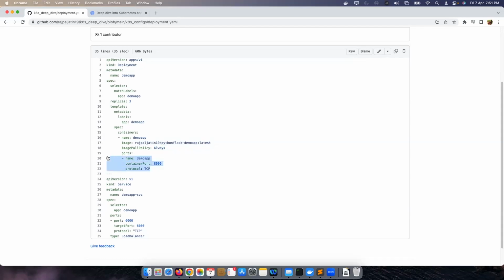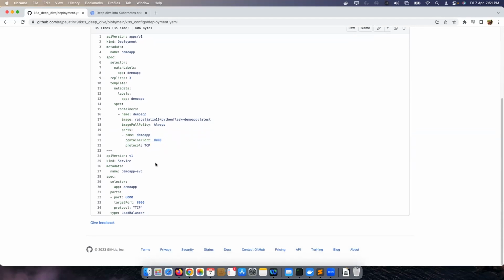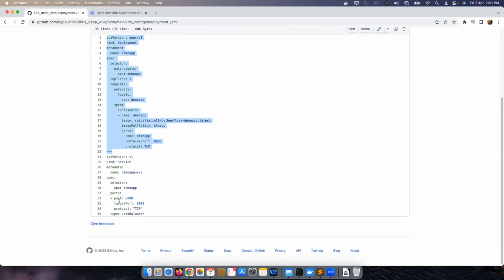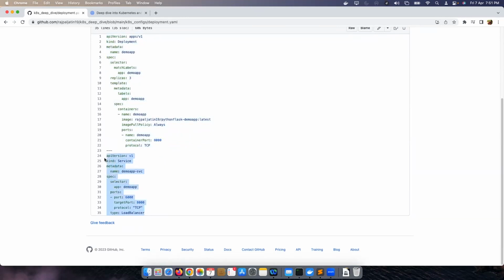Then what are the ports that you're going to need? For us, it is 8000. So that's the deployment part. You have your service part as well, like what kind of a service you want to create. I'm creating a load balancer. You have multiple service options, like node port and everything, and those are really a deep dive. I would not want to get into that because it's just an introduction. Services are of many kinds, and we can always refer to the Kubernetes documentation for that. But for our case, we have used load balancer.